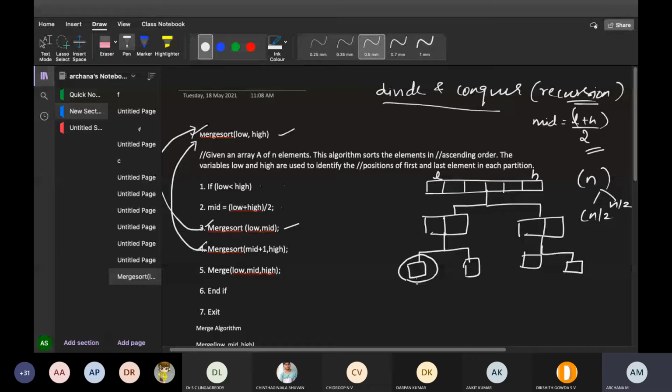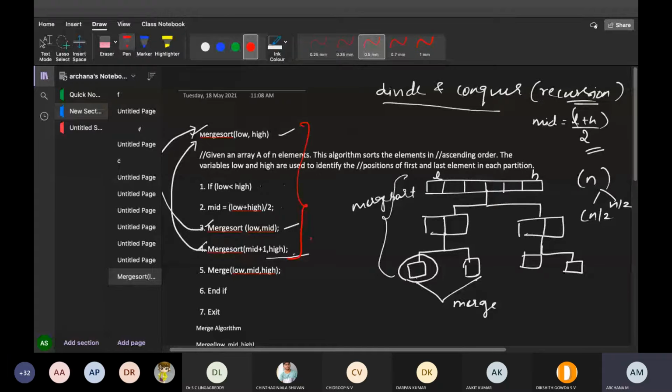Now, when you divide in merge sort, finally you get a single element here and a single element there, and I have to merge these. This is the merge. What we have done till now is just divide the array into two halves, and until we get a smaller element we keep dividing. Look here, this is the first part of the algorithm, till here. Understood?